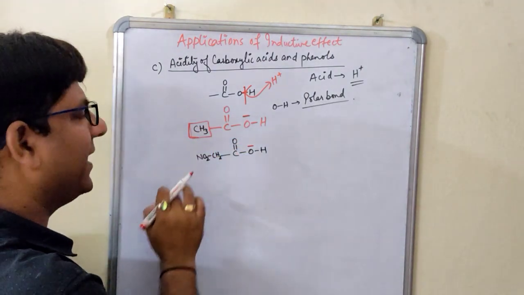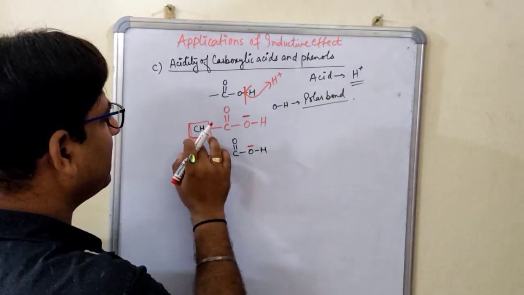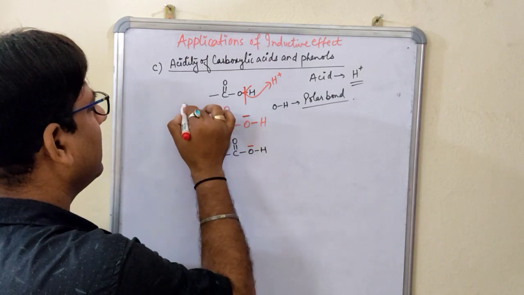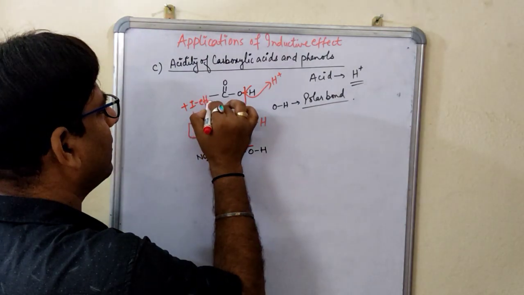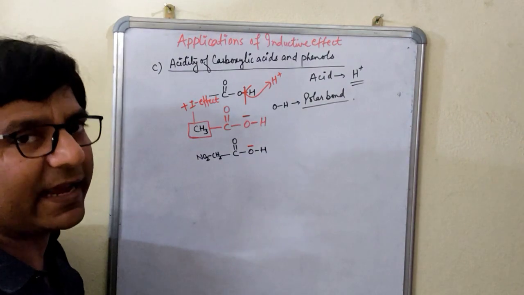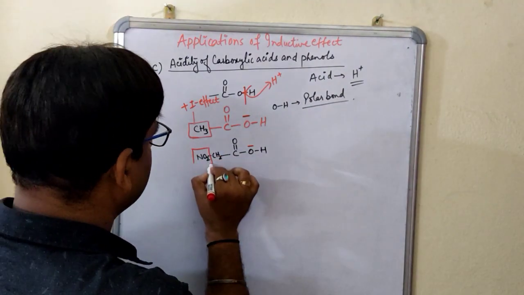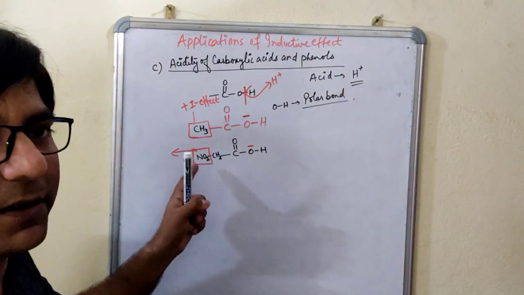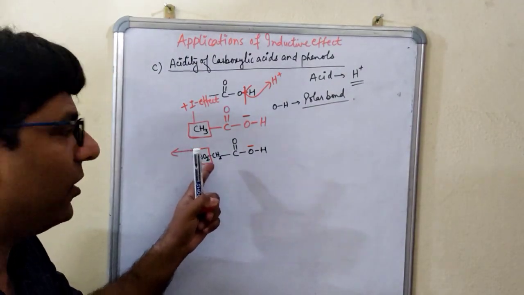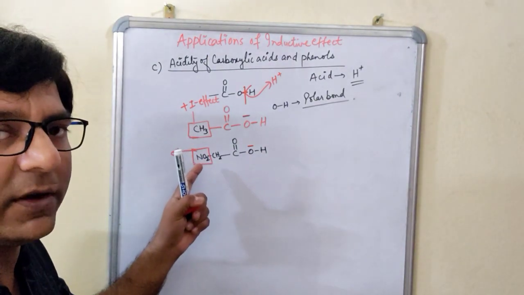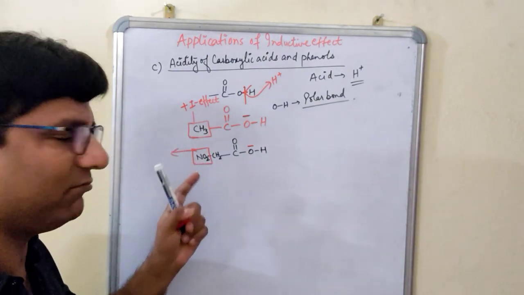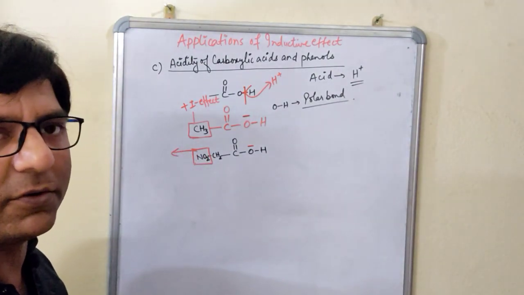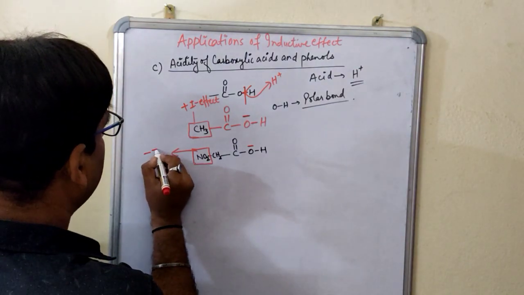You know what the CH3 group is. Will it give plus I or minus I? Just now we have seen that CH3 is an alkyl group, and this alkyl group will show the plus I effect. Right? Plus I effect. Here this NO2 is there, and you know NO2 is composed of electronegative atoms. Nitrogen is also electronegative, oxygen is also electronegative. So both are highly electronegative atoms, and both have mixed together to form this molecule, the nitro group. So this has the minus I effect.